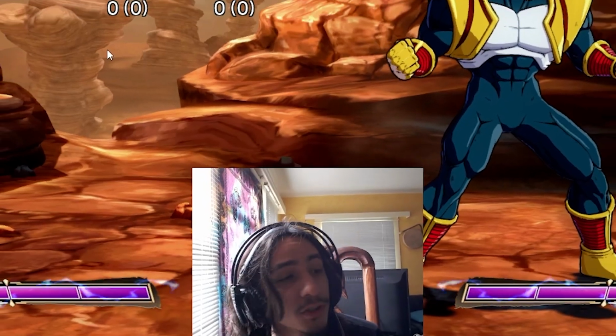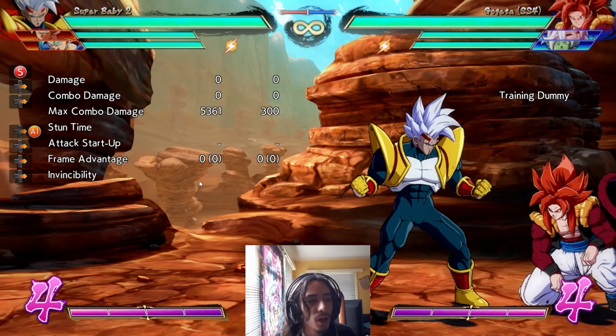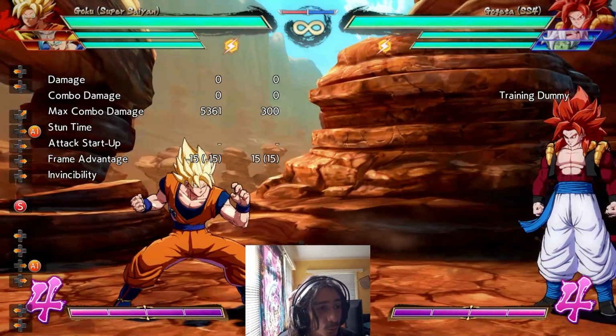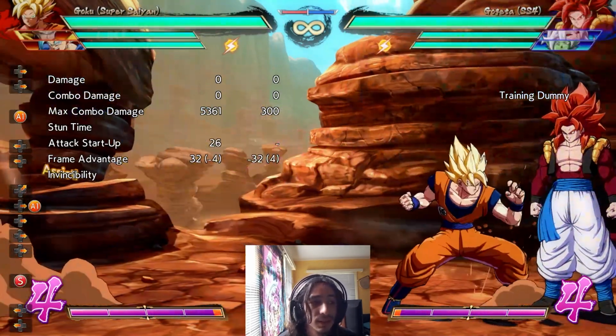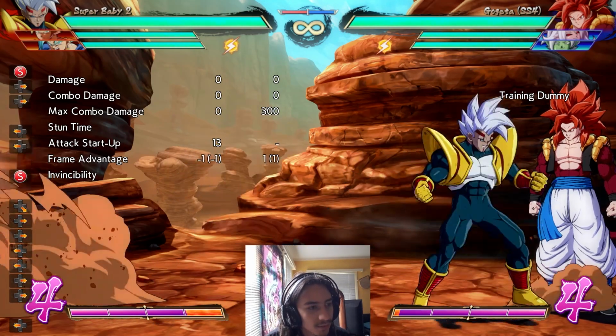Okay, I want to show you guys something really cool that only Baby can do in this game. No other character can do this. And it has to do with his A assist. But before I talk about the A assist, I want to talk about the actual move for a second,